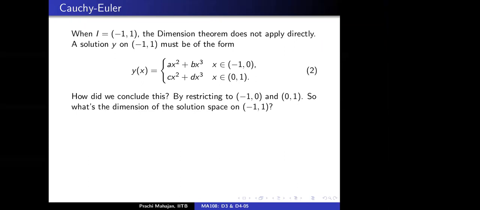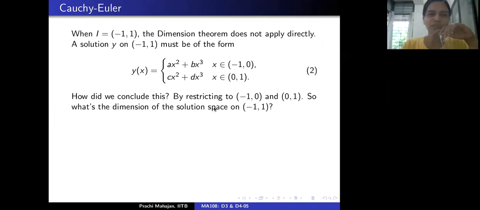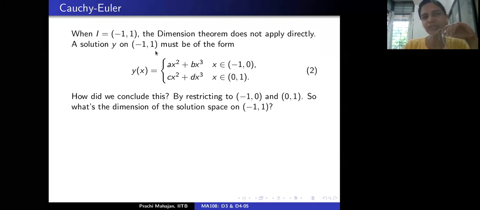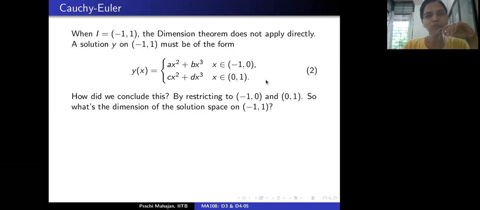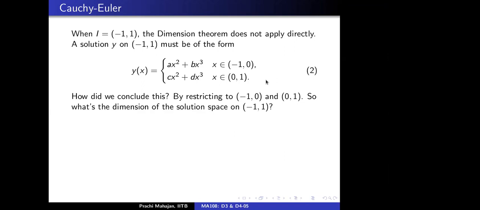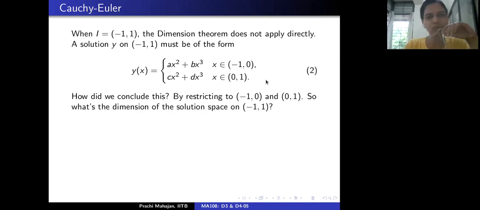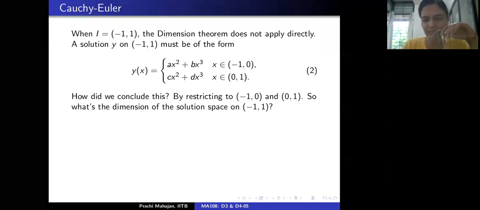More or less. Okay. But we should also see what happens to the solution at 0. The way I have stated it, it's not even defined at 0. But you would want the solution to take some value at 0, right? You want the solution on the entire interval -1 to 1, so some thought has to go into that also. We are completely disregarding what happens to y at 0. What would be y at 0? Y at 0 would be 0, because you want the function y to be at least continuous.